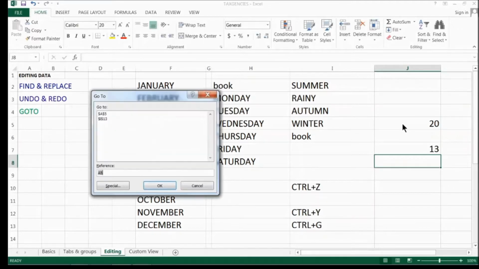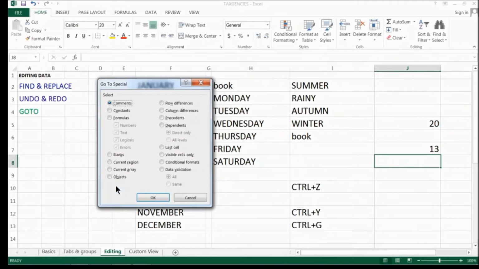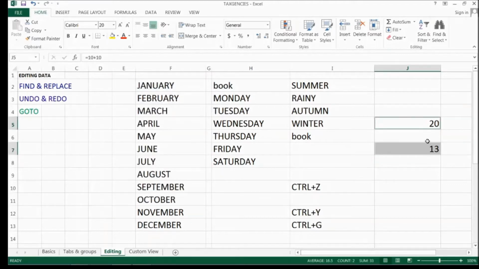Now let's check special formulas. Okay, now you can see these two cells with formulas.